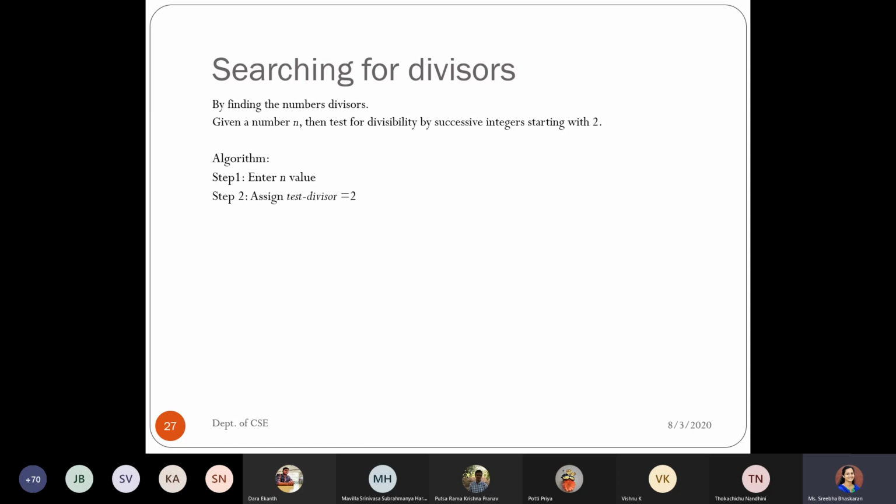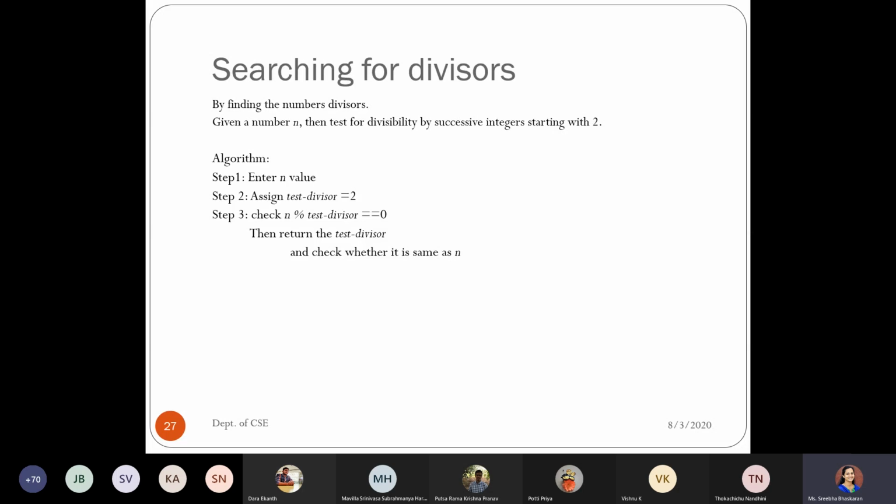First, I'm asking the user to enter the n value. I'm assigning the variable called test divisor, which has been initialized to 2. I'm checking whether it is divisible or not, by checking the remainder part. If it equals 0, then I will return the test divisor value. That means this is the divisor which divides this particular number.